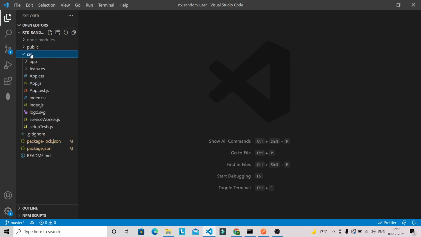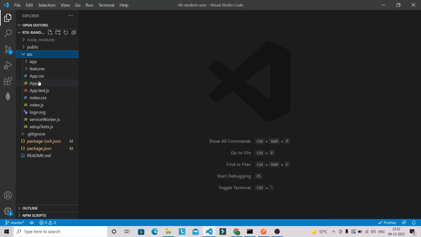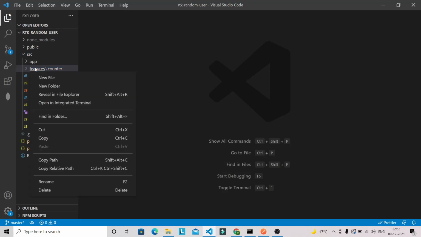So guys, here we got some folders like app and features because we have used this template to create our project. We can get rid of this features folder, as it isn't required for us, so let's delete the entire folder.